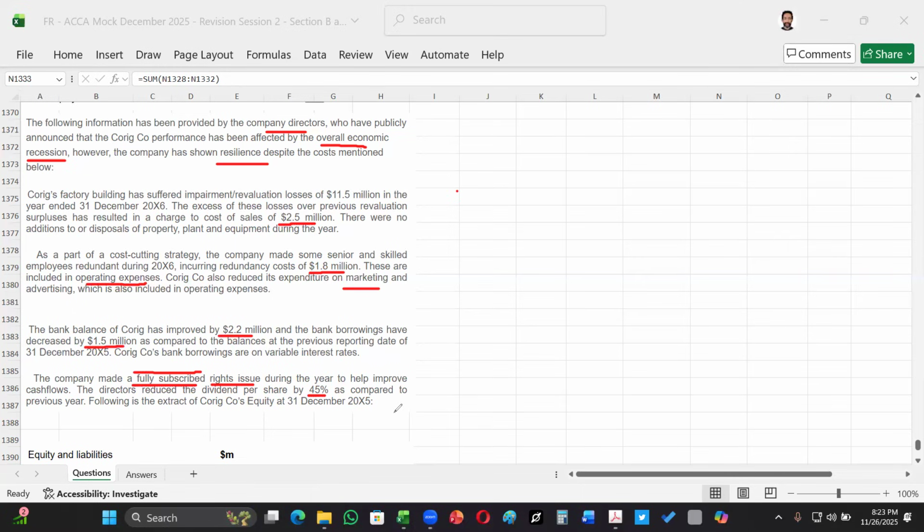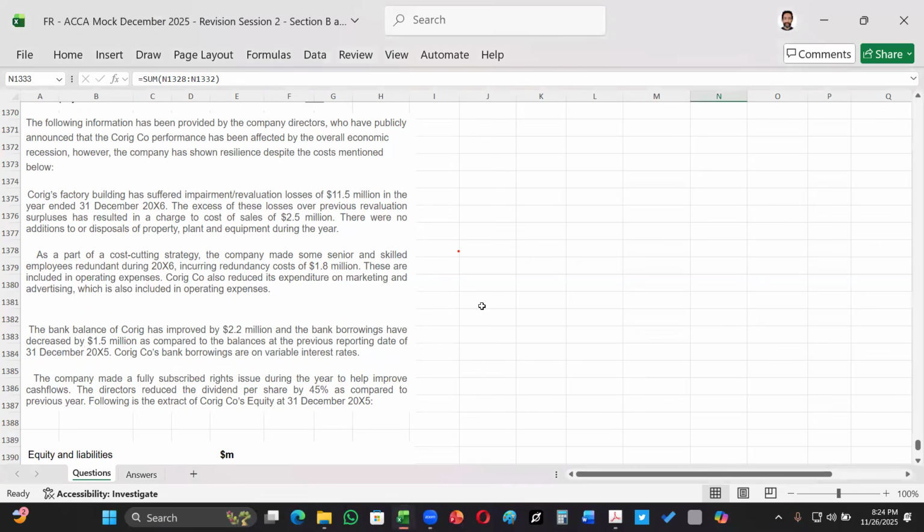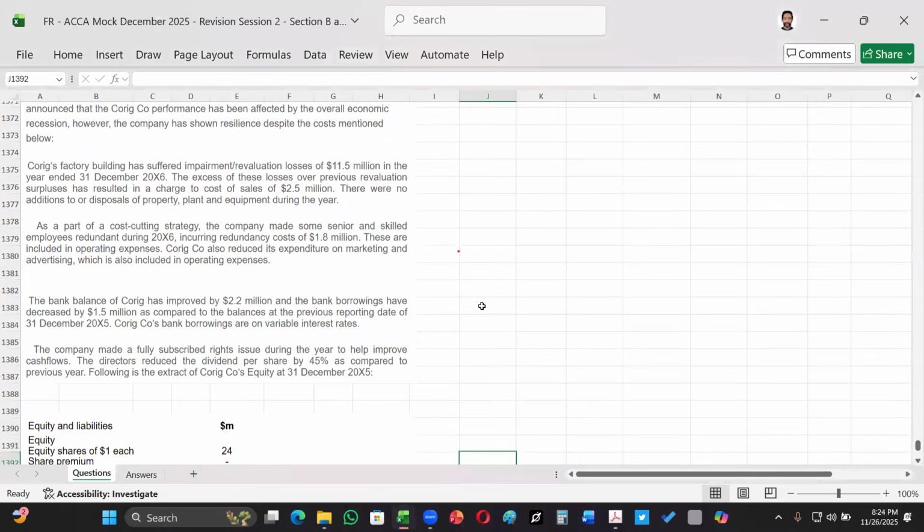So I believe we've gone through all the information, and we have found a lot of links, and we're definitely going to use them while we interpret, and we are going to attempt a 16 marker that is related to the discussion of the performance and the position. Okay, so let's move on. I believe you are with me, and you're making sense of things. If you find yourself lost at any point, you can just stop me and I will discuss it for you. Okay. So I hope you're doing strong.